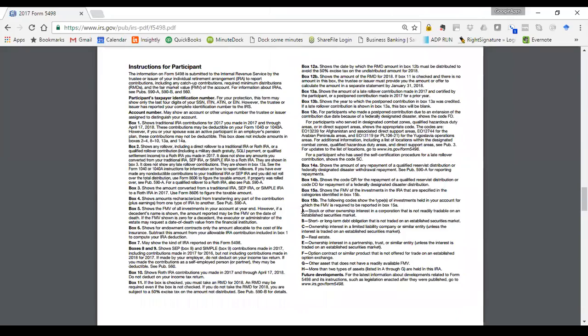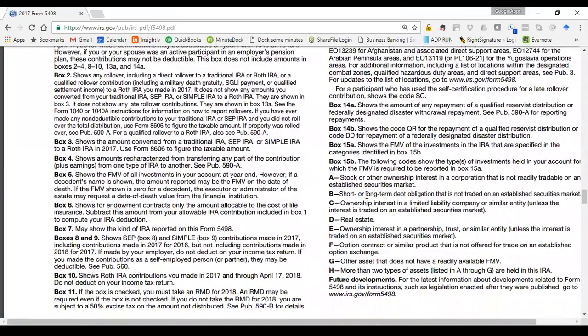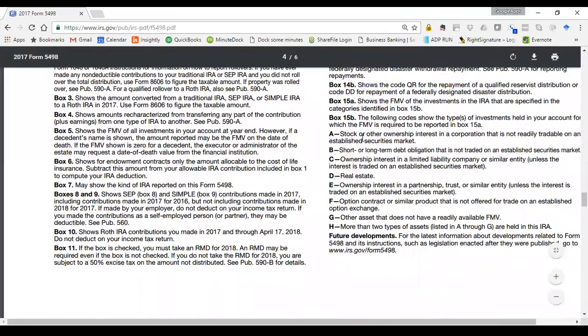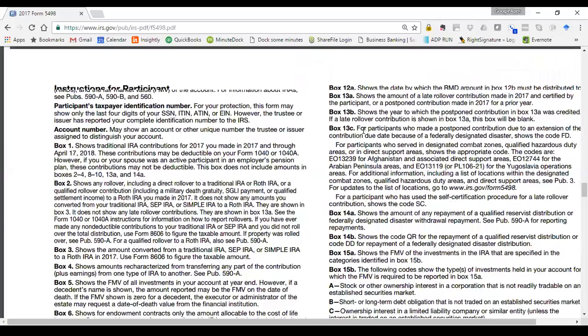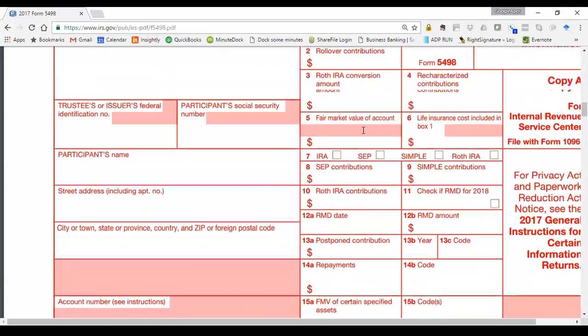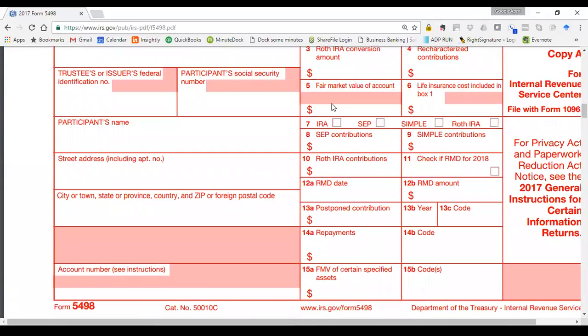If we look down here at the explanation of box 15A and 15B, we have IRS's list of all those assets that I told you were hard to value assets, and they want the custodian to put the value of those assets in there and tell IRS, using these codes, that one or more of them are hard to value assets. Remember, the custodian is also reporting any cash in your account and other marketable securities, so it has to report to IRS that in fact you have hard to value assets included in this fair market value of the account up here in Part 5.